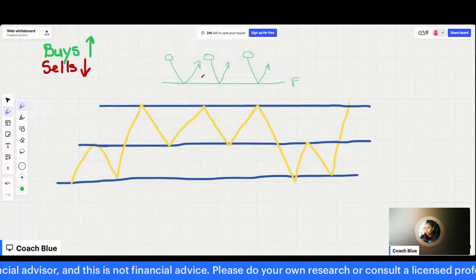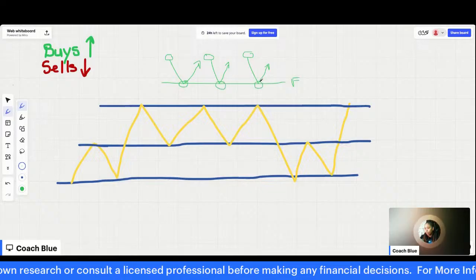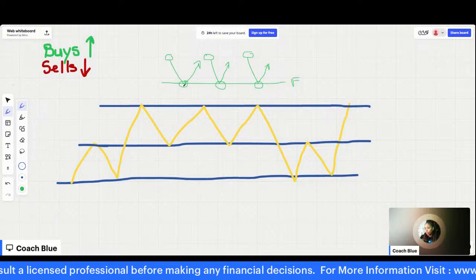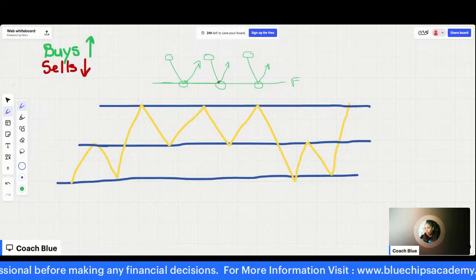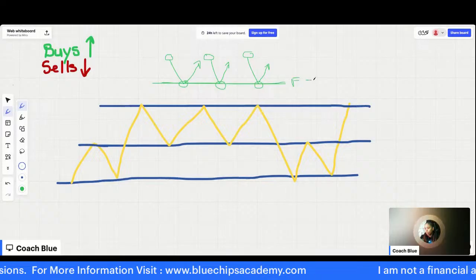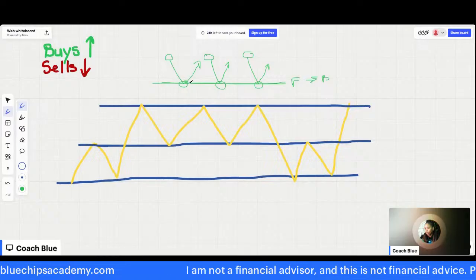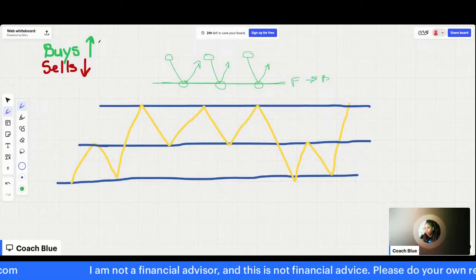So these are significant levels. The floor is supporting price. It's not letting it fall past this level. When it comes to support, you want to look for buys. Every time price came up here, what did it do? It went up. Remember, with buys, we want price to go up.